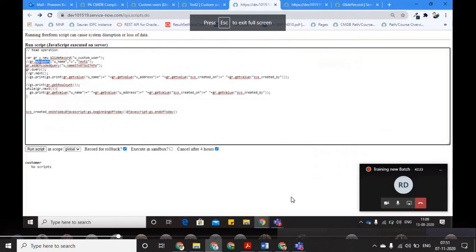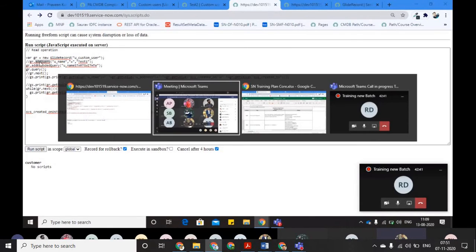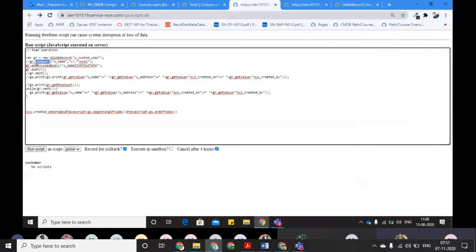But what is more handy, what is more easy, that's the thing only. Yeah, I got it. This seems quite a lengthy part, whatever you have just printed, sys_created_on.